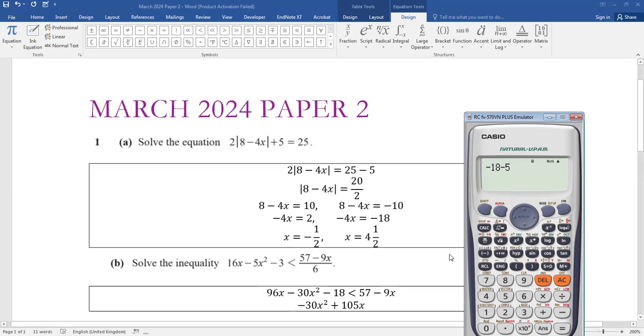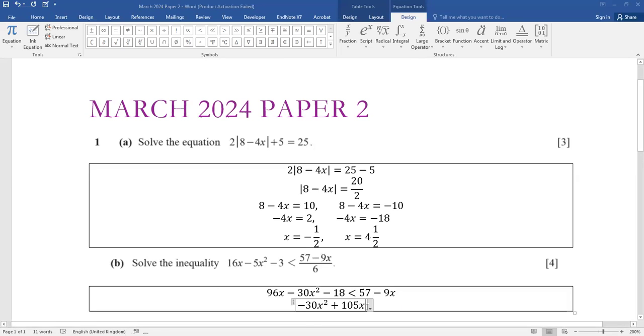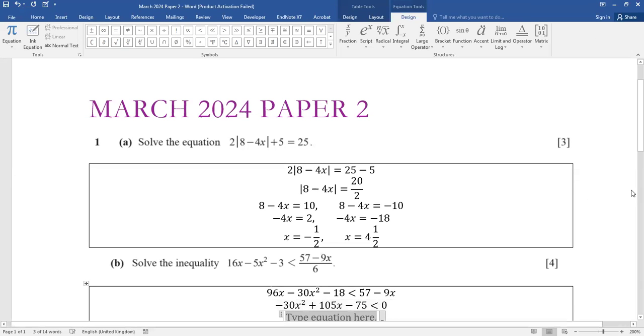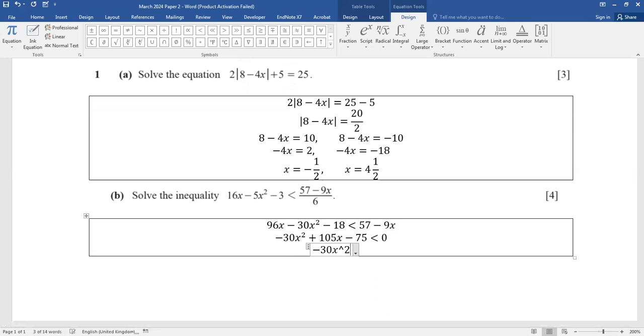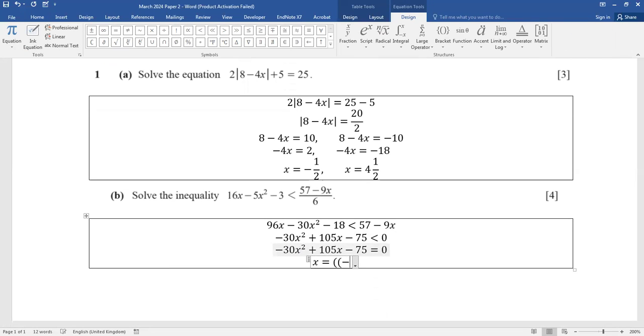minus 57 is minus 75, which is less than 0. So now it's just a quadratic inequality. We know that because x squared has a negative sign, it will be a sad face. So we can first find the critical values for this one. We can simplify it with 5 as well if needed, but if not, so we have